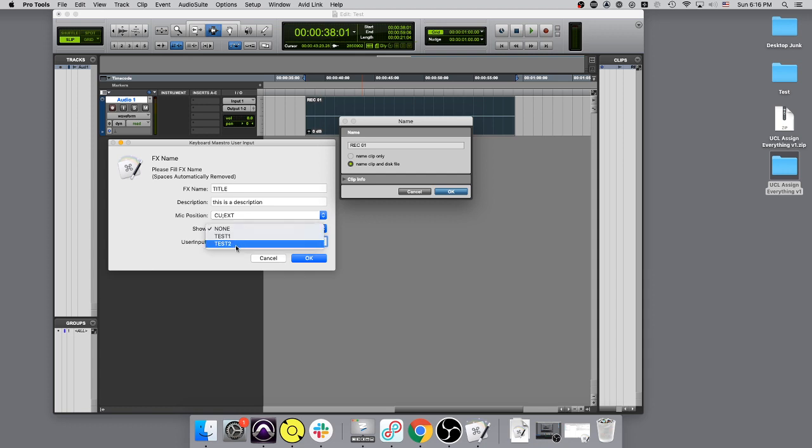Show is a drop-down menu, and I'll show you how to program that later, but for now we're just going to say none. User input is going to go to your notes field inside of SoundMiner, but it's also going to go in your file name. So you can put in whatever information you want regarding that. So I'm just going to say user input, all one word,